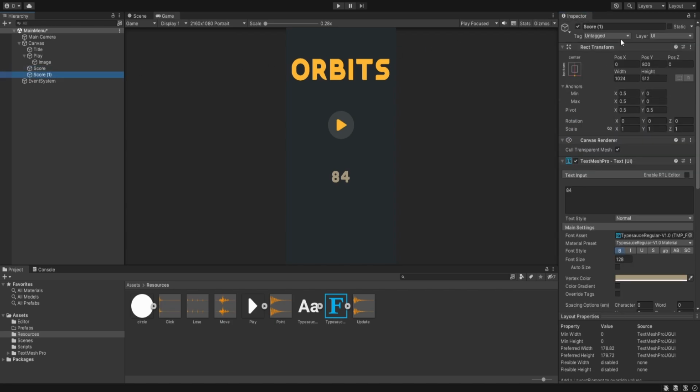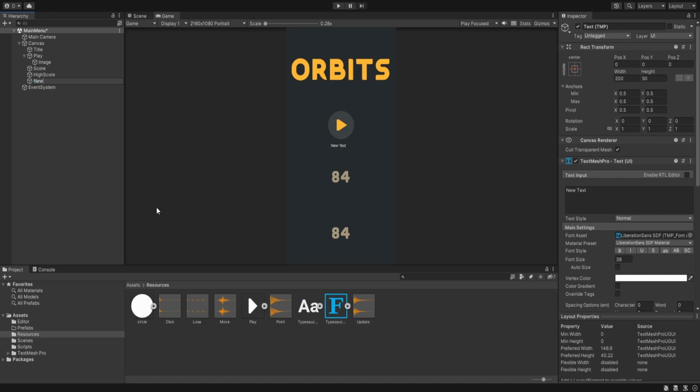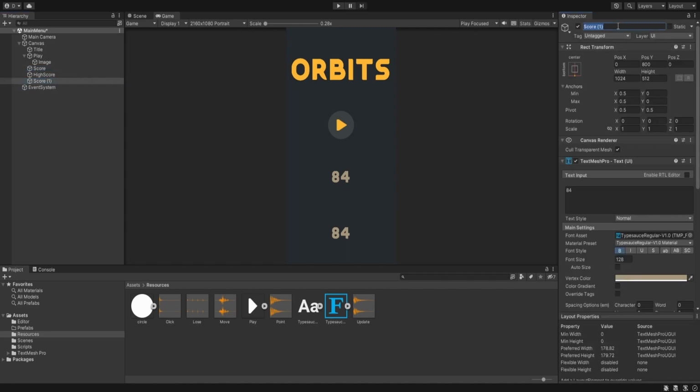And similarly with the score, we are going to have the high score, which is going to be positioned at 288, and the color and everything else is going to be similar. And let's add one more UI text, and we'll call this new best. Let's just duplicate our score, and we'll call this new best, and instead of text we'll add new best, and its size is going to be 96,